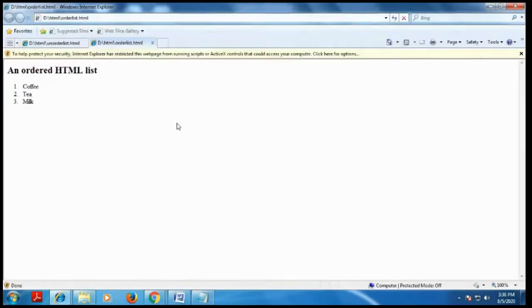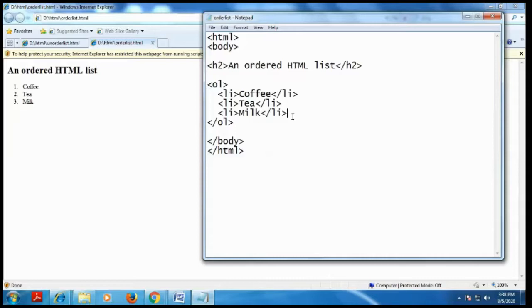This is the ordered list. By default, it is marked 1, 2, 3. Okay, if you add one more item, it comes as 4 dot some item. For example, here I have to add one more.